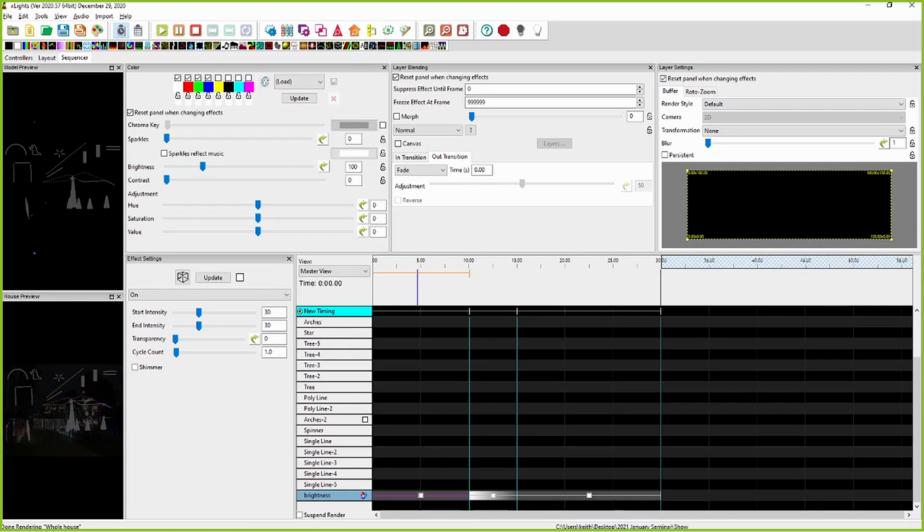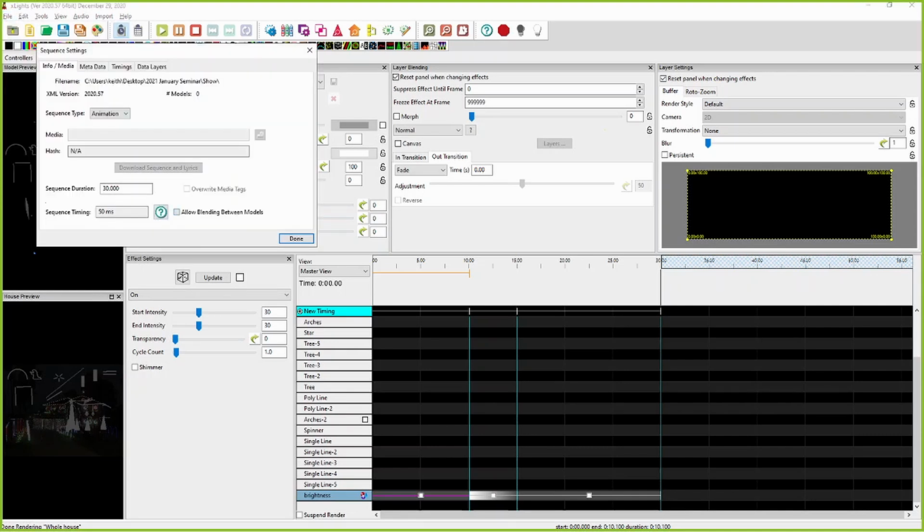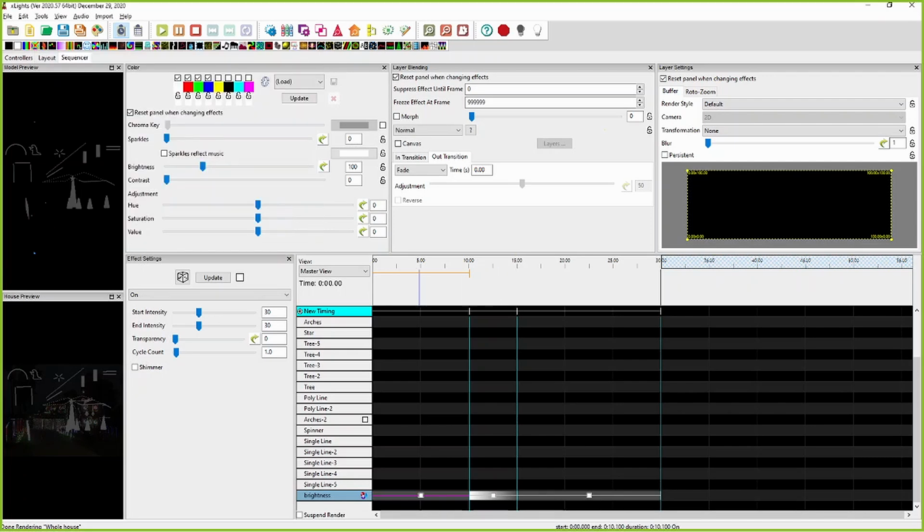So there is no reason why I couldn't do this. A couple of things that I need to do. First of all, I need to go to my sequence settings, and I need to make sure that allow blending between models is turned on, because it will only work if I do that. And the second thing that I want to do is I want to make this as a